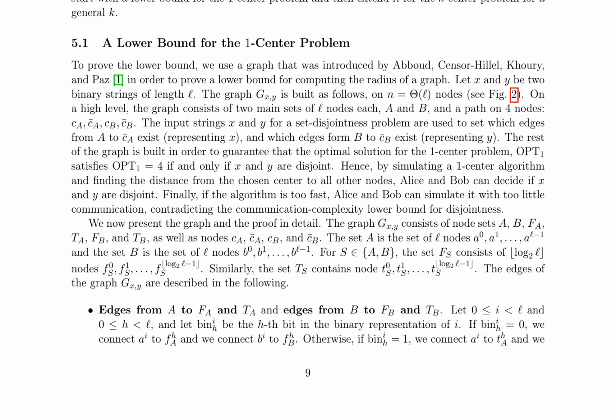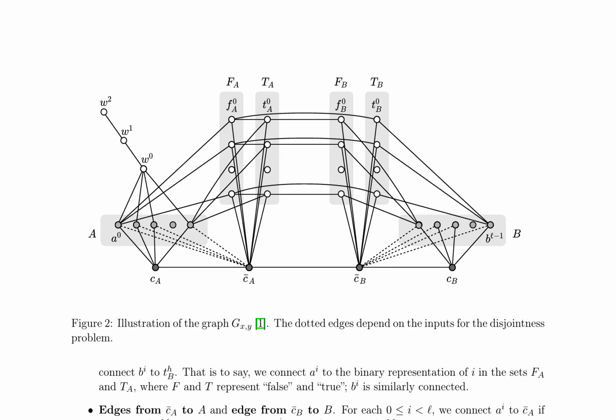The paper concludes that any algorithm with an approximation ratio better than 4/3 must require at least a certain number of communication rounds, providing a lower bound on the complexity of solving the k-center problem in the CONGEST model. This result highlights the fundamental limits of solving the k-center problem in this model, emphasizing the importance of efficient algorithms with optimal approximation ratios. The graph Gx, Y, as depicted in Figure 2, is a complex structure comprising nodes and